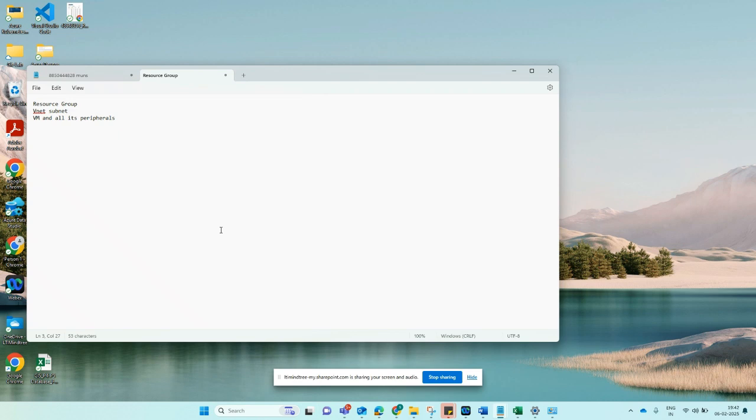Definitely we can create multiple storage accounts and availability subnets. These are the various Azure resources, but they will come later in the picture. So let me give one demo for